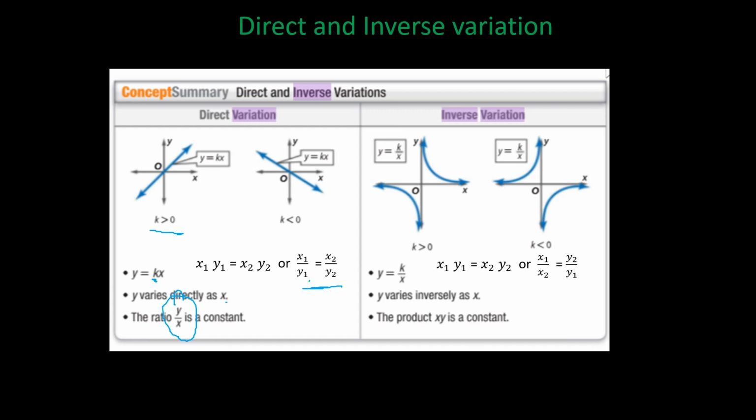In the inverse variation, it may be the first or second shape, where k is positive in the first shape and k is negative in the second shape. Then y will be a constant over x, or x1 y1 equals x2 y2, or another form, x1 over x2 equals y2 over y1. And we read it as y varies inversely as x, or the product of x and y should be